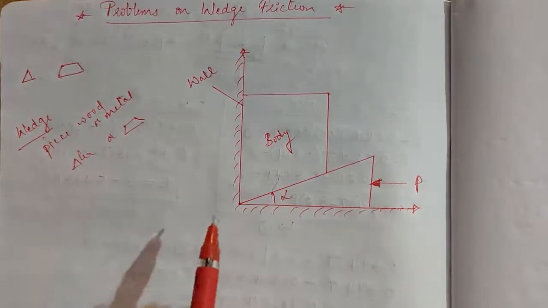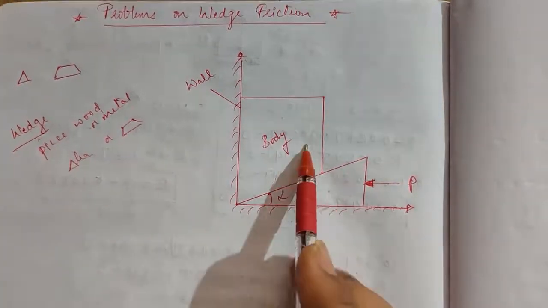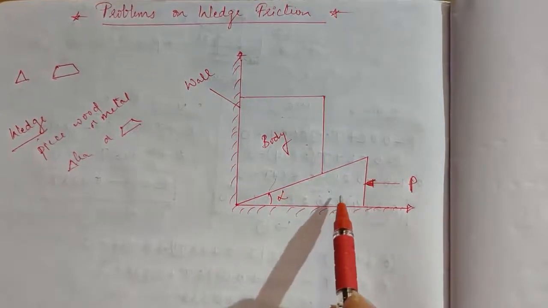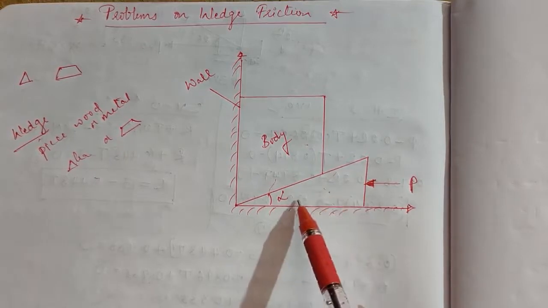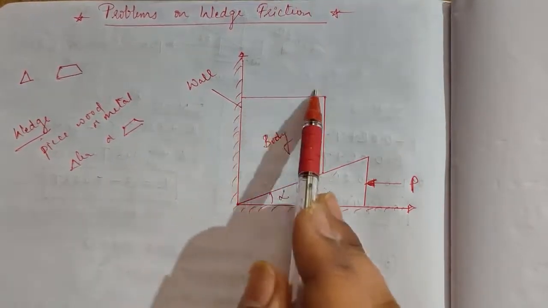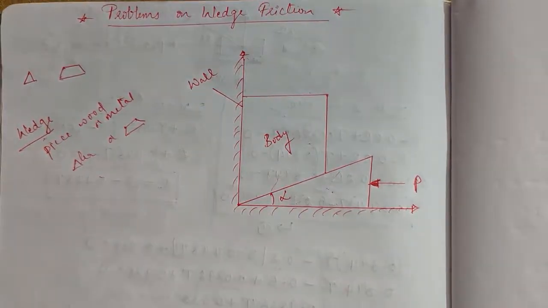About the wedge, it is like this. This is the triangular wedge, this is the trapezoidal wedge. The body is to be rested on this horizontal plane. Because of this cross section, another triangular wedge is kept so that they can maintain a uniform surface here, like that. It is used for various purposes. So we solve problems on similar wedges in this topic now.